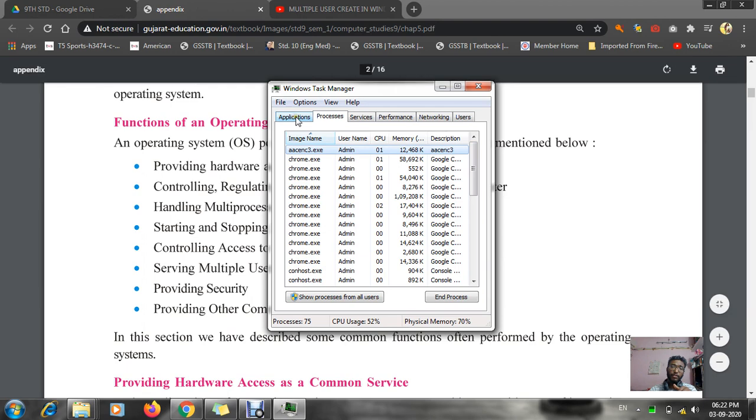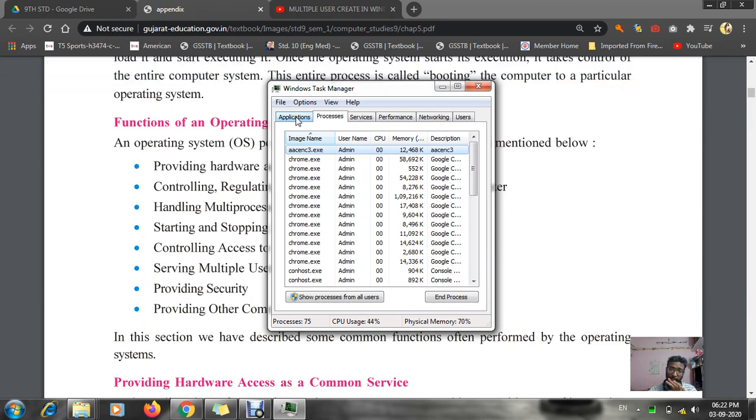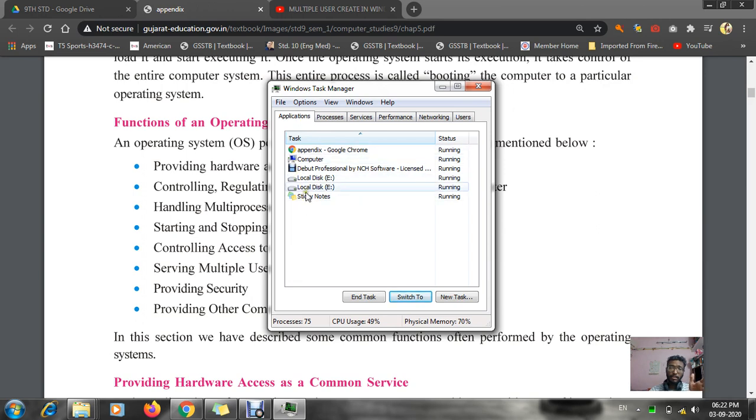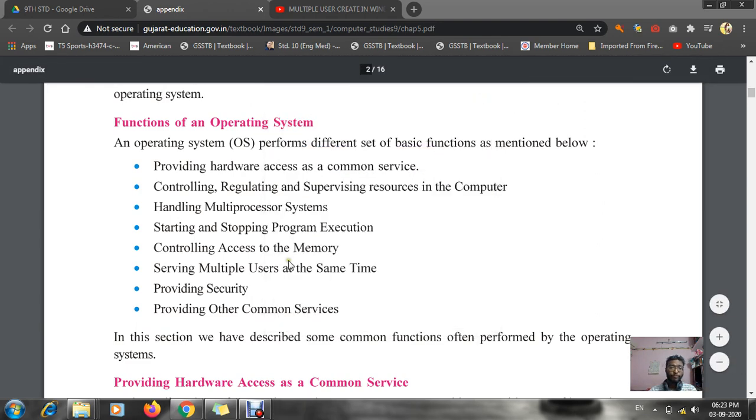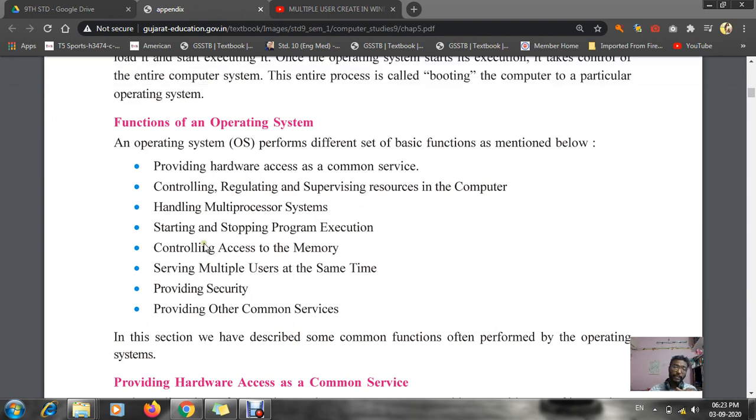If I want to see what kind of applications are running in the background, click over here. Now you can see these are the applications which are running in the background. You can see the status, each and every application has its running status given. Suppose I want to end it, just click end task, that's it. So in this way you can stop it. And this starting and stopping of processes is also done by the operating system.